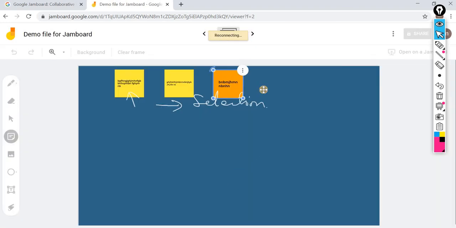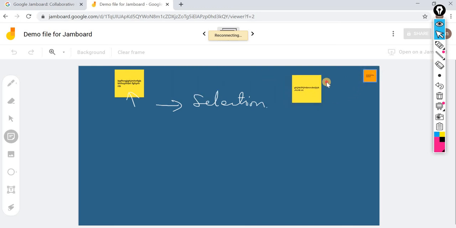Now the sticky notes are available, you can place them at any point. This is such a wonderful option. You can just minimize it and keep it here in the corner. If you want to explain something, once you select this, it will come. So select the sticky note, you can move it anytime, anywhere.